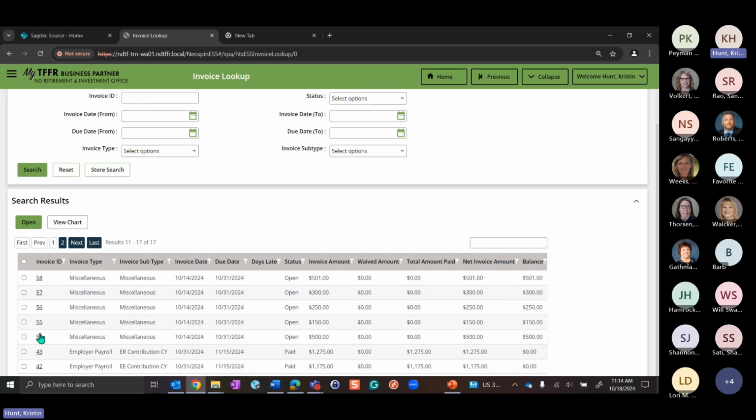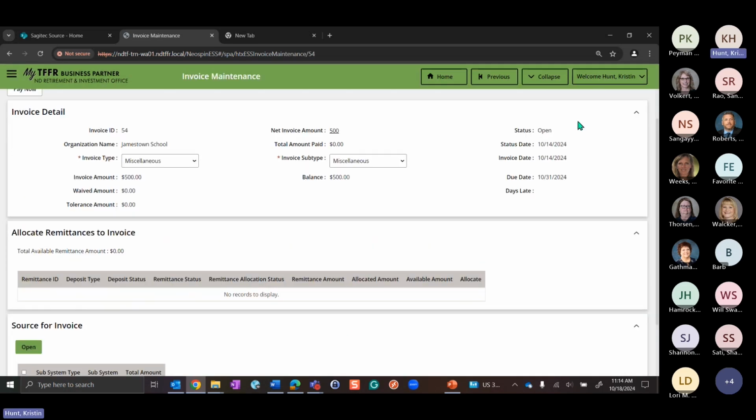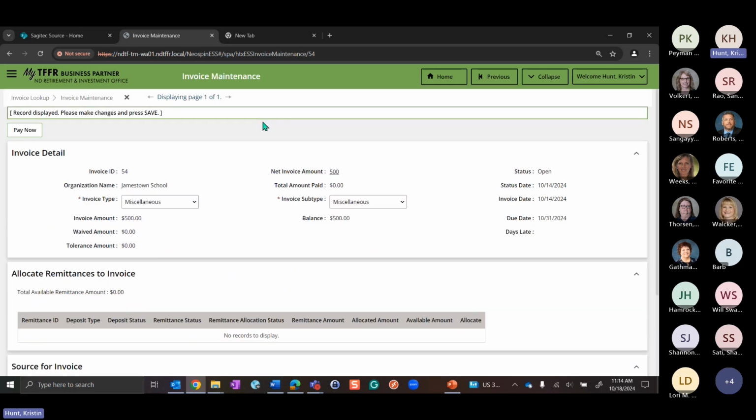So we'll just do it this way. Click on that ID and it takes me to the invoice maintenance screen. This gives me more information about the actual invoice. I can see the details, what the amount is, the invoice type, subtype, what has been paid on it, if any, and the status right now is open.